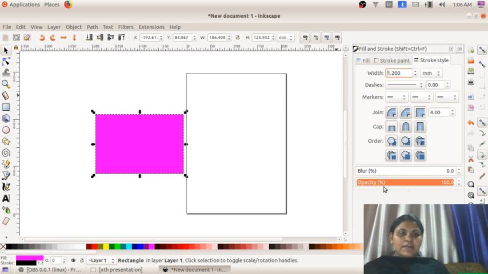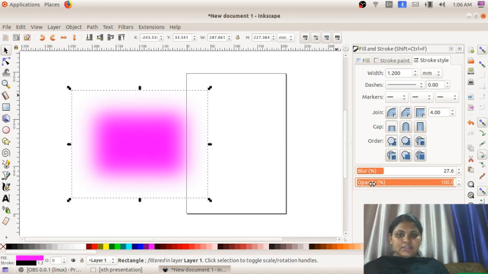Another two tools also we have, that is blur and opacity. What happened when I click blur? You can see the image in a proper way? No. So when I click blur, the image got blurred. It loses the clarity. And another one is opacity.